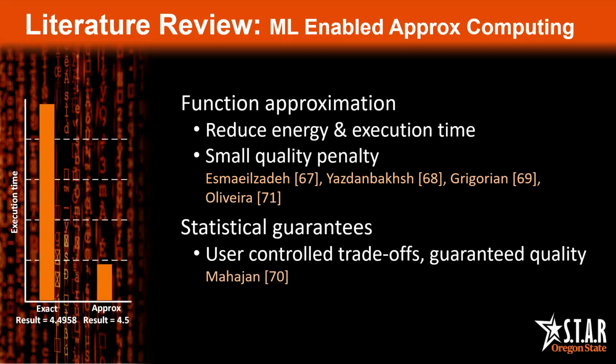This approach performs well when code segments are easily approximated, but does not provide great control over cases where a particular input leads to high error. For that reason, Mahajan introduced Mithra, a co-designed hardware and software control framework for neural approximation. Mithra implements configurable output quality loss with statistical guarantees in 2 steps.